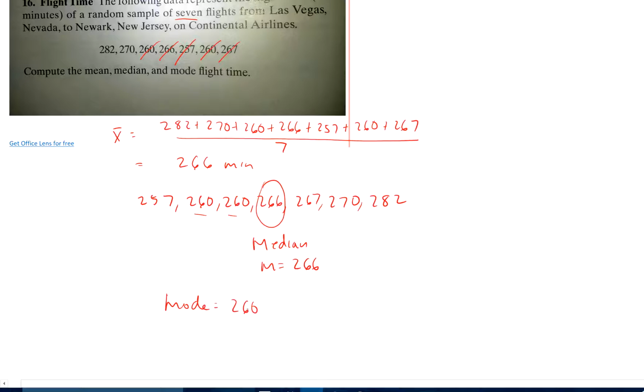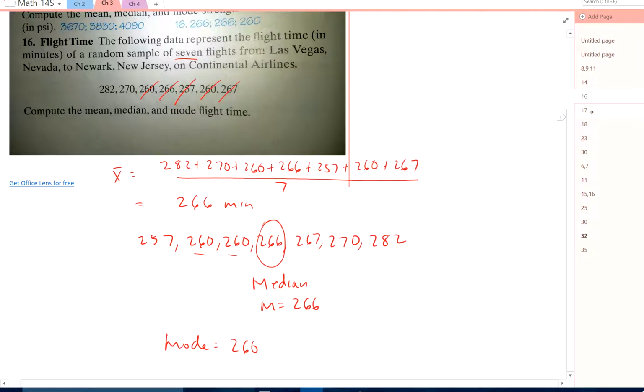All right, so there we have it on that one. So let's jump up to 17. Let's see, 17. For each of the 3 histograms, determine whether the mean is greater than, less than, or approximately equal to the median. Justify your answer. All right, so remember in class we discussed this. When data is symmetric, the mean, now we don't know if this is a population or sample,